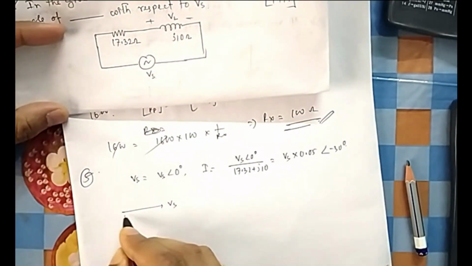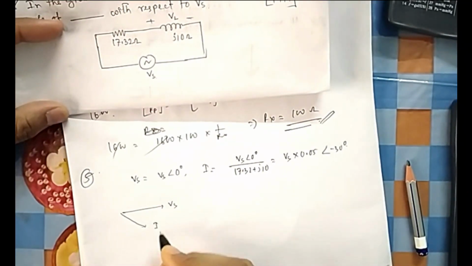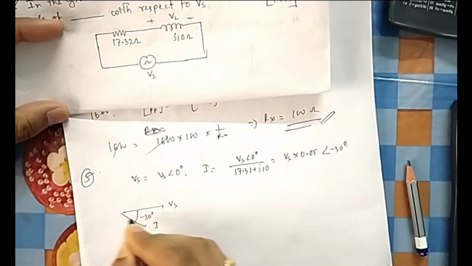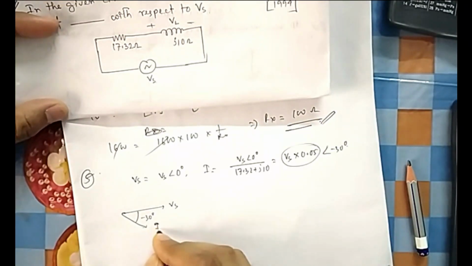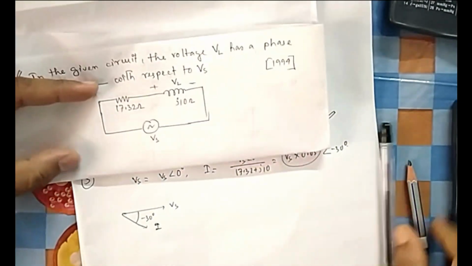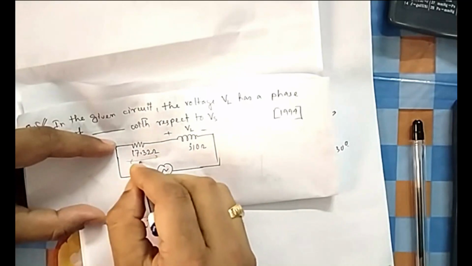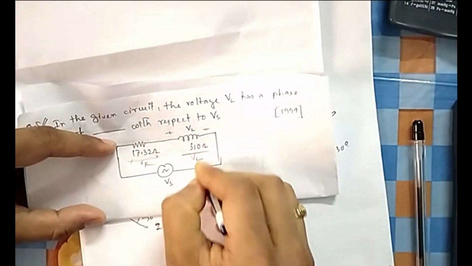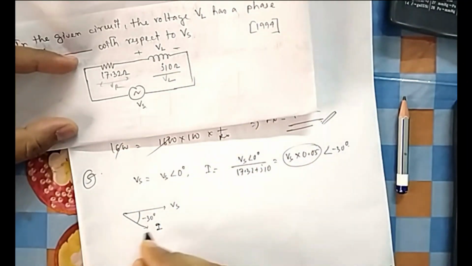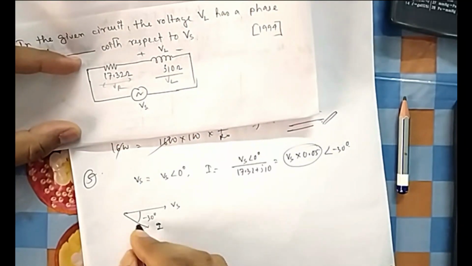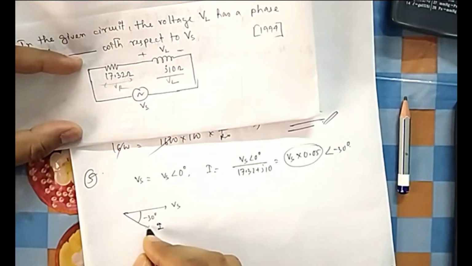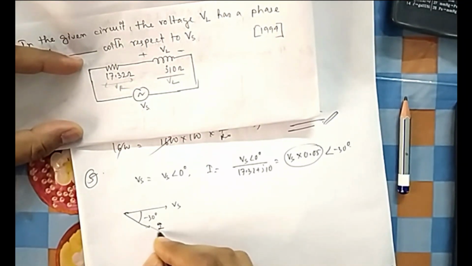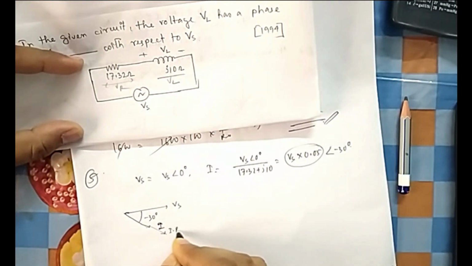So if you do it, that means if your Vs is here, your I will be somewhere with an angle of minus 30, because I need only the angle, magnitude doesn't matter. So once you have I, now you have two parts. This is your VR, voltage across resistor, this is your VL. So now you can draw the phasor diagram. Your VR will always be in the same line as this I only. So this will be somewhere here, I into R, this is VR.